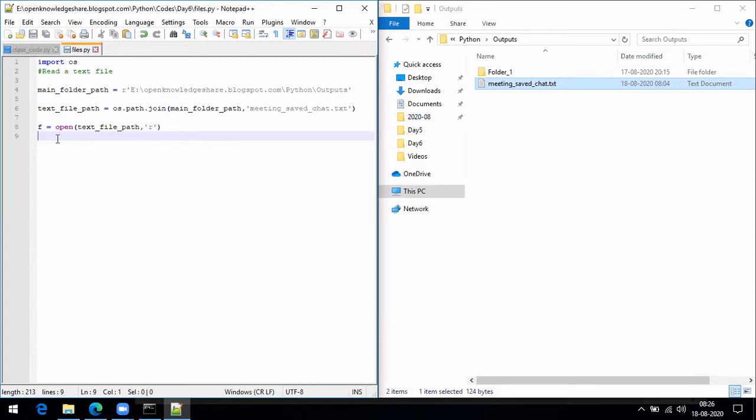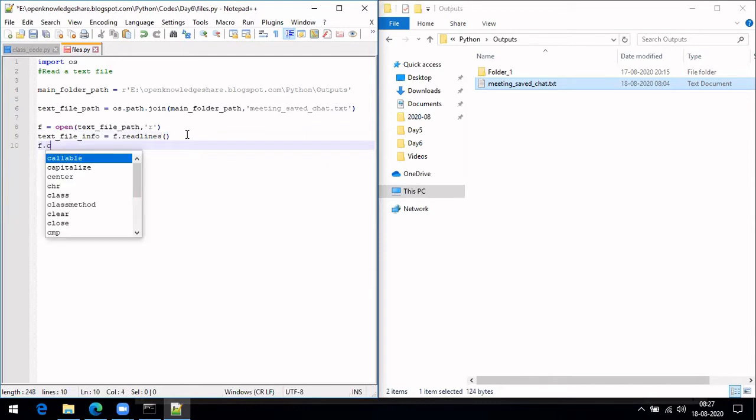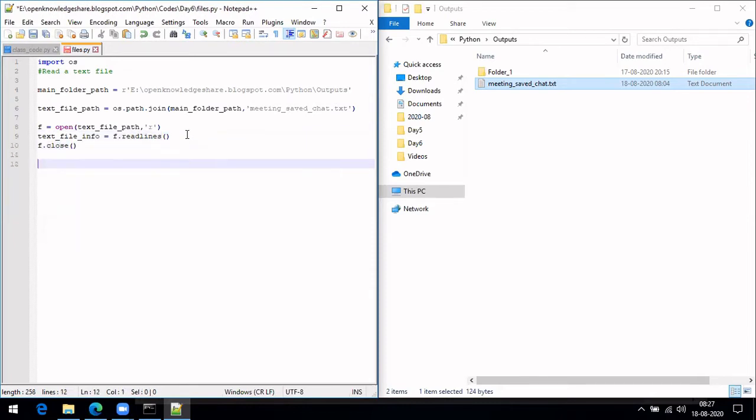So after you have opened the file, in case we want to read the content inside the file, how we can do it is read lines. Let me write text file info equal to read lines and f dot close. Okay, so let's see what you'll be getting inside this.